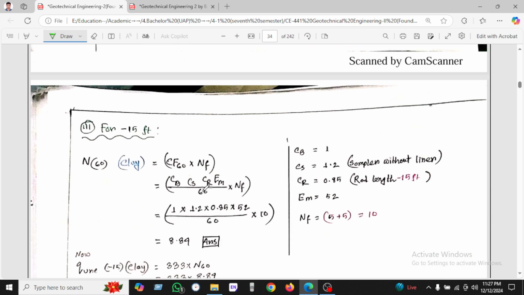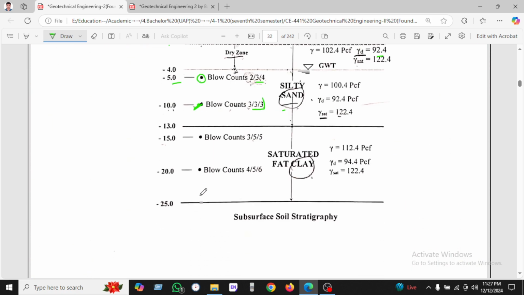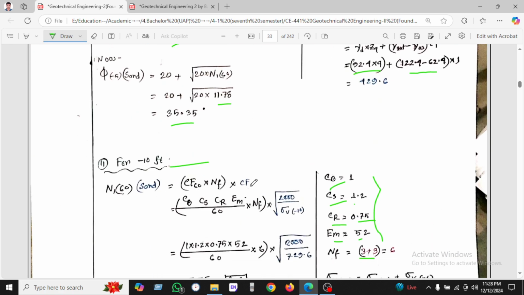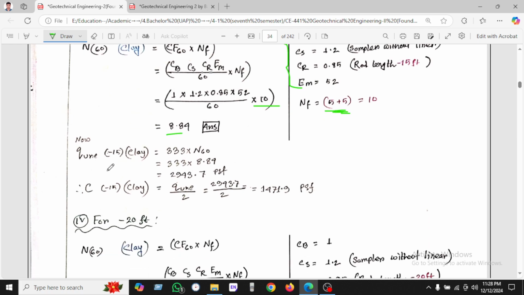And another one we can calculate for 15 feet. Here is the 15 feet. The blow counts are 3, 5, 5. We will not consider 3. We will consider 5 and 5 here, and NF. The CBSRM is given in the example sheet, and we have found NF is 10, and consequently N160 is 8.84, and